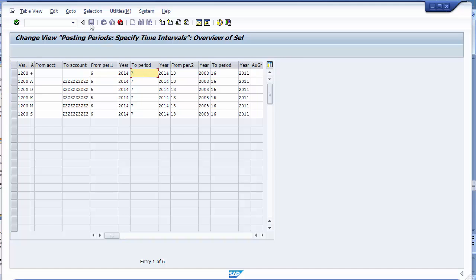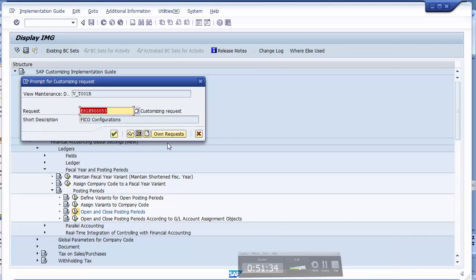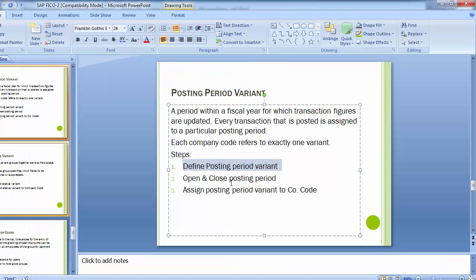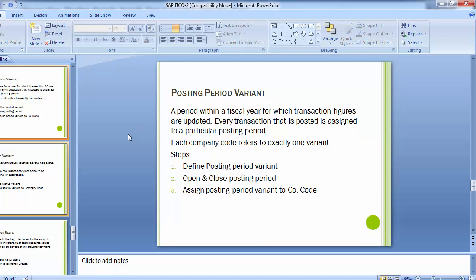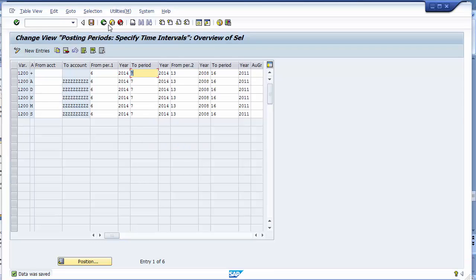Now you can see the save option is grayed out, so you have to press enter. Once you enter, the entries have been copied, and now the save option is there, so you can save it. So as we can see, we have defined the posting period variant, we have assigned the posting period variant to the company code, and we have open and closed posting periods. So once this has been done, we'll be moving to the next, that is the field status variant. Going back,